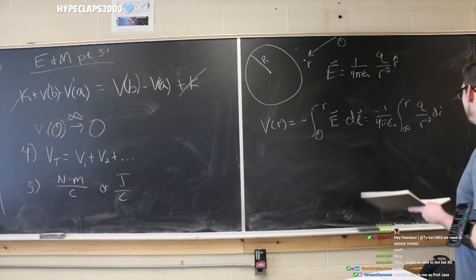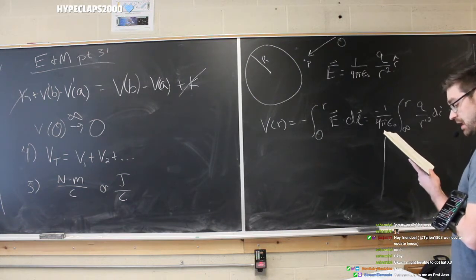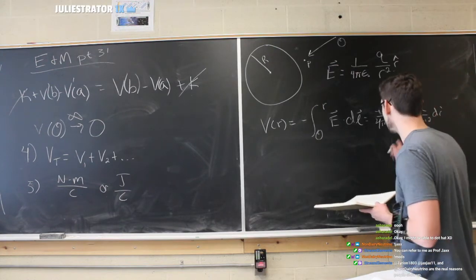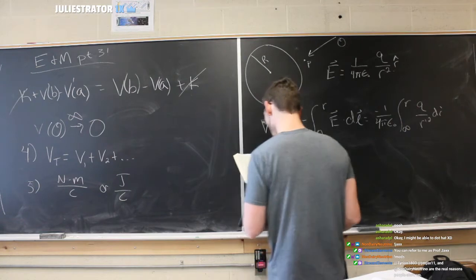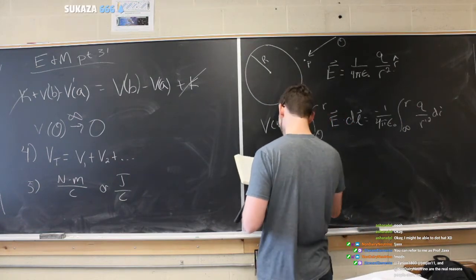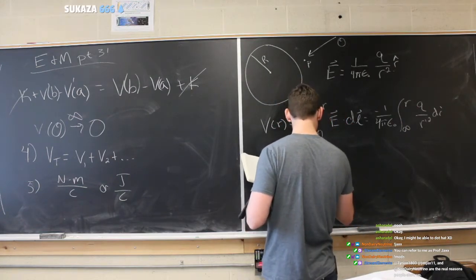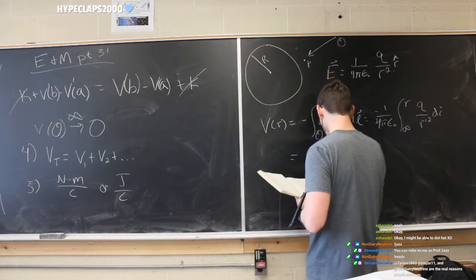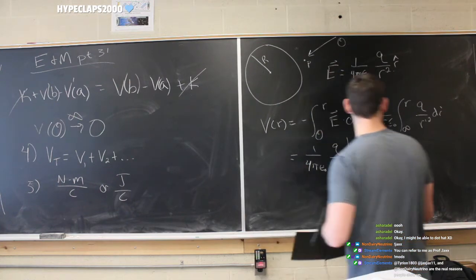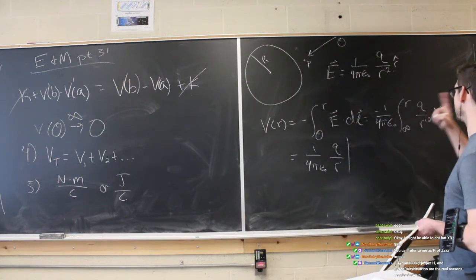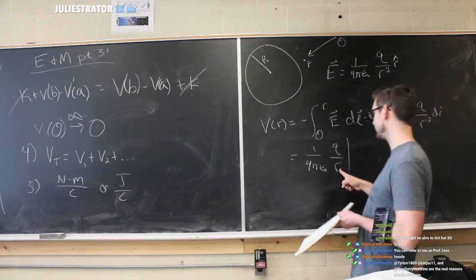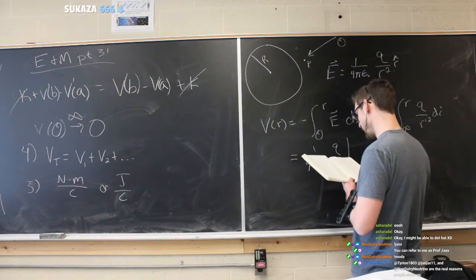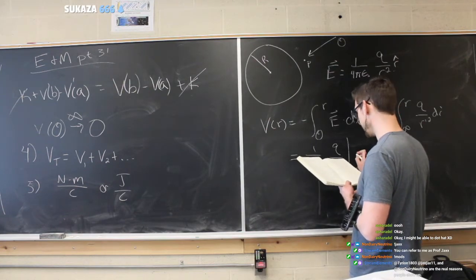And, let's see here. So then we can do this, is that it? Oh, no, I should simplify it. I should do the integral, that's important too. Okay, so we're doing this integral, we get 1 over 4 pi epsilon naught and q over r prime squared. The minus from here, and taking the integral of that, we get a minus out front, and we raise this to the power of negative 1. That means the integral is evaluated from infinity to R.